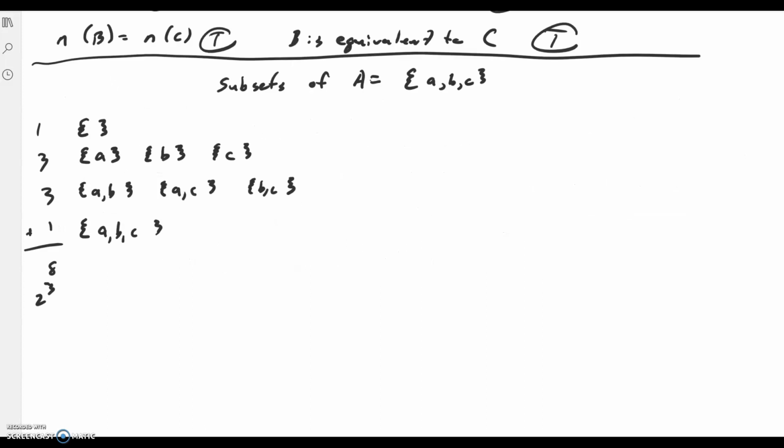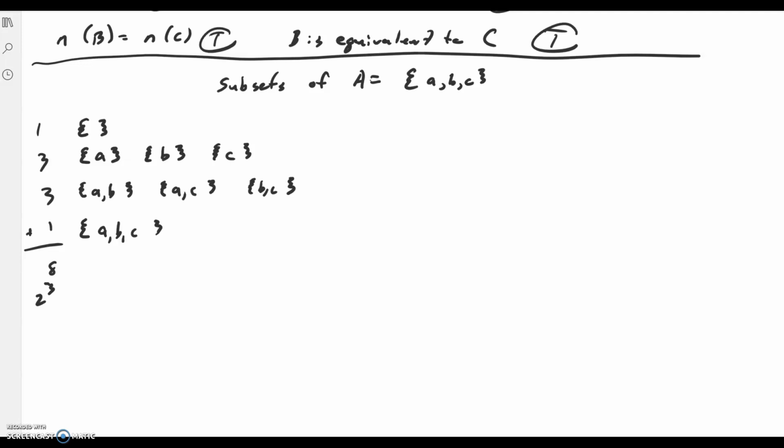Next, I'd like to look at the subsets of the set A, and I've let the set A equal the set that has a, little b, little c in it. So these are the subsets. I've listed them in order of how many elements are in the subset. This one has no elements at all, it's the empty set. These are the three single element subsets. These are the three double element subsets. This is the one triple element subset. And if you add all these sets together to see how many there are, 8,